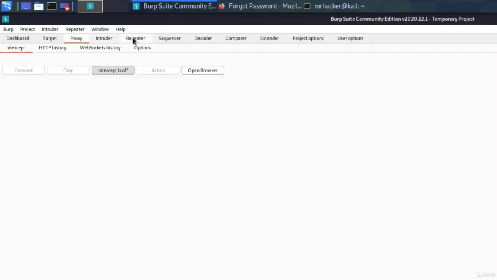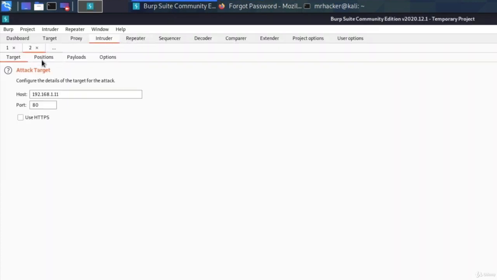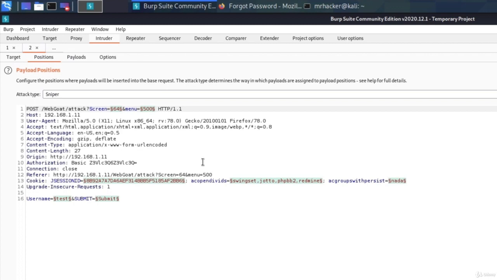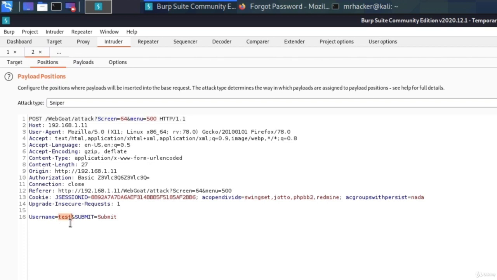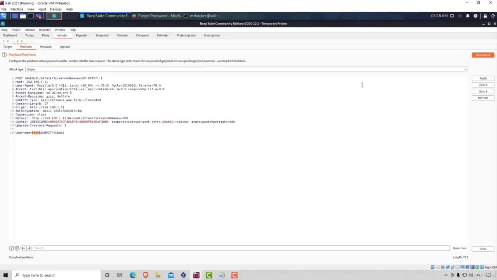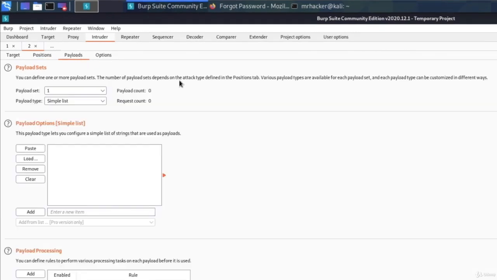Of course, we are going to get not a valid username because the test account does not exist on this page. But inside of our intruder, we can set our payloads accordingly in order to try to guess a username. Okay, let's clear out all of the fields. And this can be considered a semi-brute force attack because we are going to try to brute force a username as well as the secret question. Okay, first of all, we want to select the username field. I select it by clicking on add,